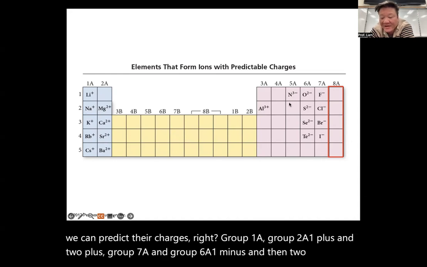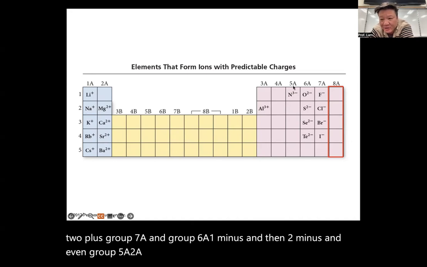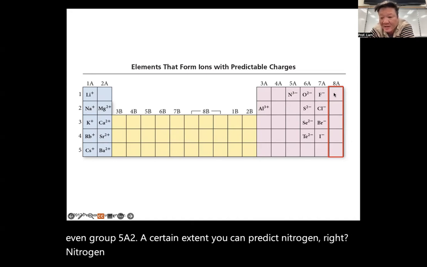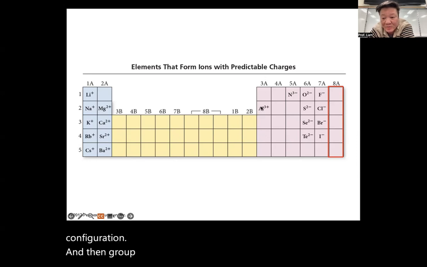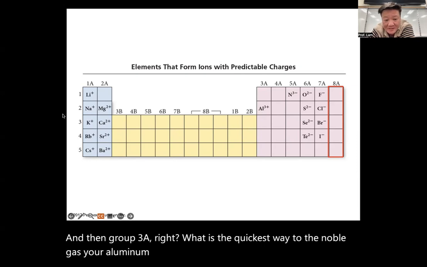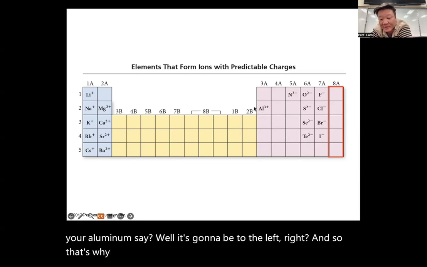And even group 5A, to a certain extent, you can predict nitrogen, right? Nitrogen is 3 to the left of the noble gas, right? So it's going to want to gain 3 electrons to get to the noble gas electron configuration. And then group 3A, right? What is the quickest way to the noble gas? If you're aluminum, say, well, it's going to be to the left, right? And so that's why aluminum is 3+. So as you can see,